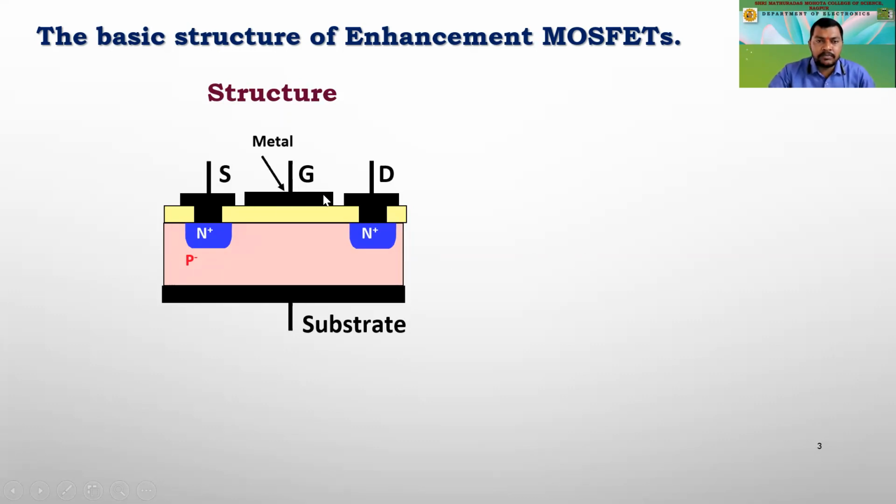Now this is the metal that we have attached to this surface. Then we have the silicon dioxide layer. This slight light yellow colored layer is of silicon dioxide, and the third one is the ohmic contact, the contact that is taken out for the connection. This is going to connect the N-type material, which we are calling source and drain, and the metal surface attached over here is called the gate.